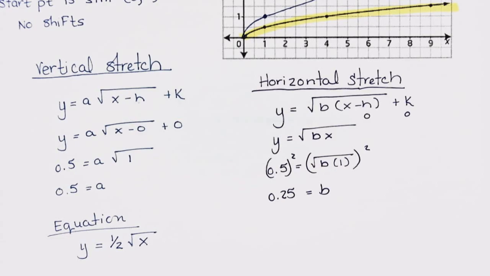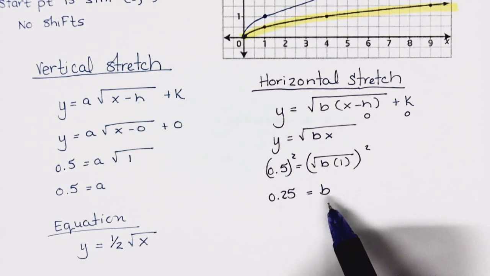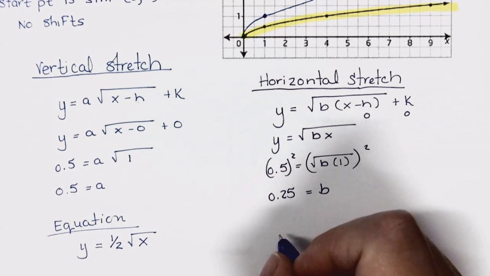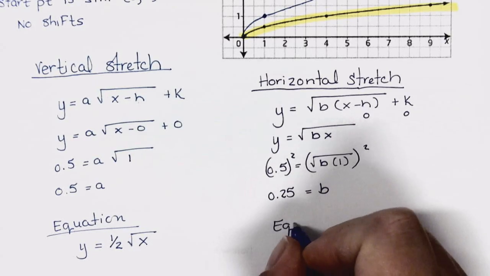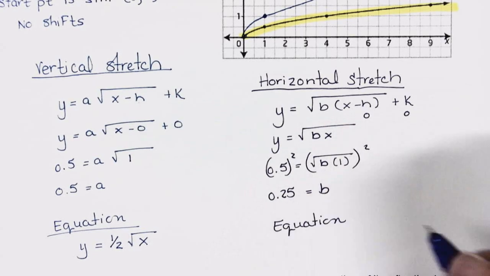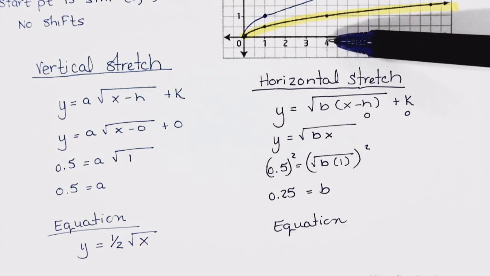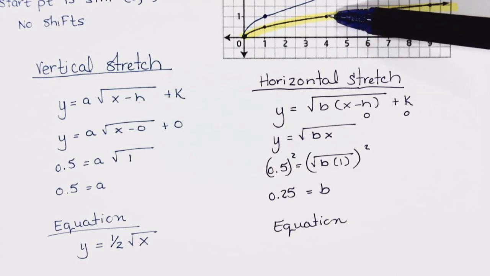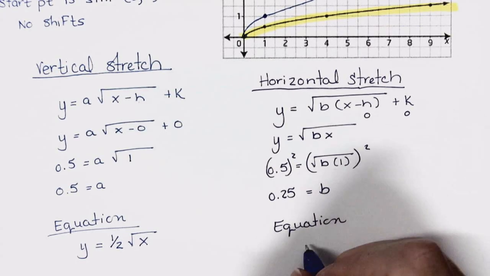Okay, so please note what we found was the value of b. If b is 0.25, what is it being multiplied by? By a factor of 4. We're doing the reciprocal of it, right? So when we go to do the equation, because at 4, we're now at 1. So the equation would be